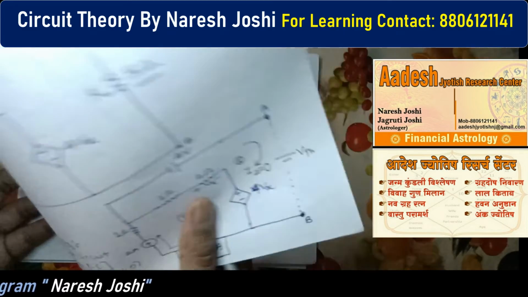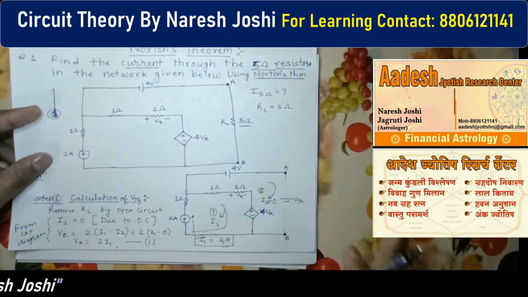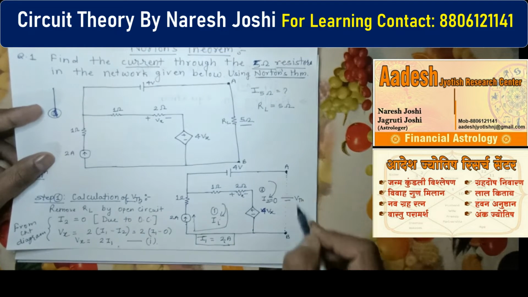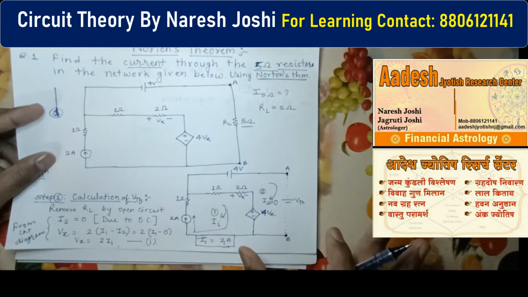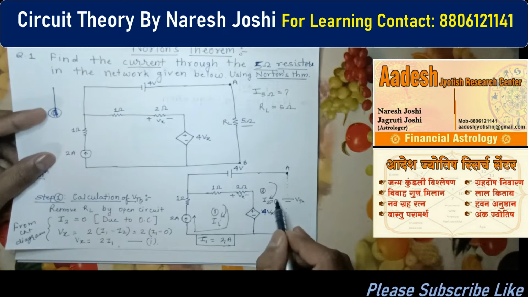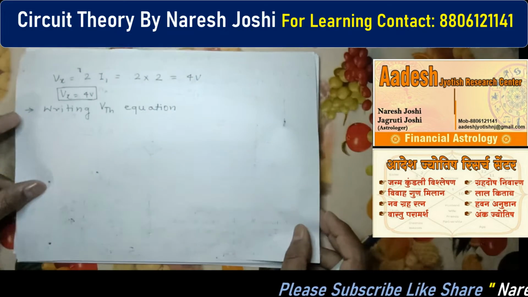So here you have to focus, just you have to write down the mesh analysis equation for the mesh 2. Nothing you have to worry from where to start, where to finish. Don't worry about that. Just you have to apply the KVL in the mesh 2 for writing the VTH equation. So what we have to do, how many meshes are there? There are 2 meshes. So just we have to write down the 2 currents.